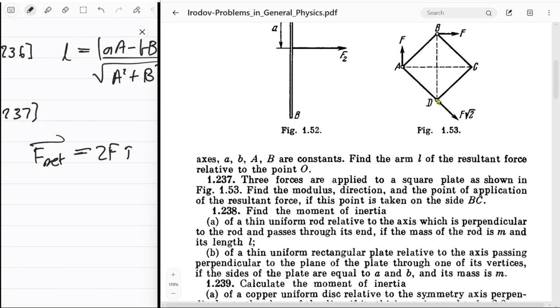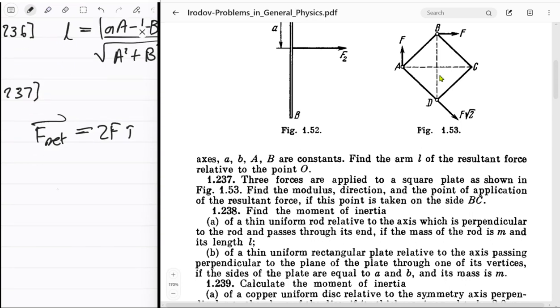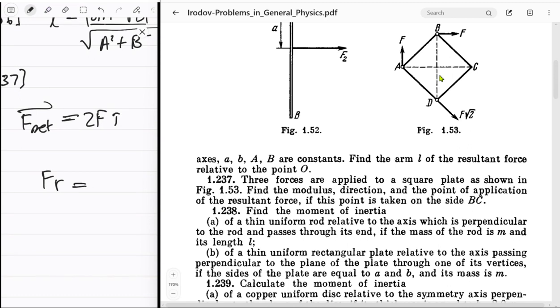So you got F in that direction, F in that direction. Yeah, basically this is the thing. So that is going to be not important. Just got F in that direction, and then this is F in that. Don't these two torques cancel each other out? Of course they do. Then just this thing. So you got this, which we just call it R for now. It's F times R, right? It's our torque, and that's equal to, maybe we should not call it like that. This is actually just A upon square root